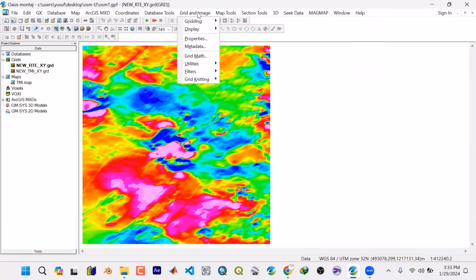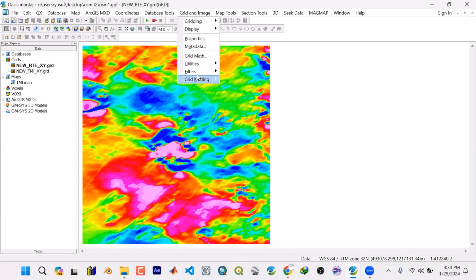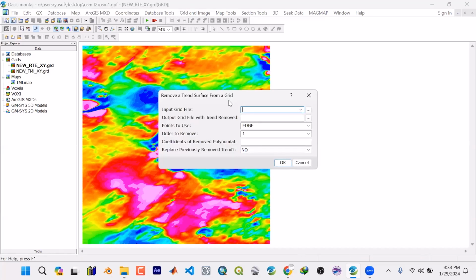Go to grid and image utilities, then filter. Go to grid and image filters. Then you go to trend, data trend. Then watch the input grid. Remember, it's new RT, right? Then the output is going to be new